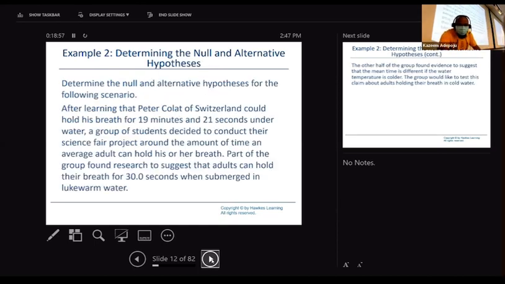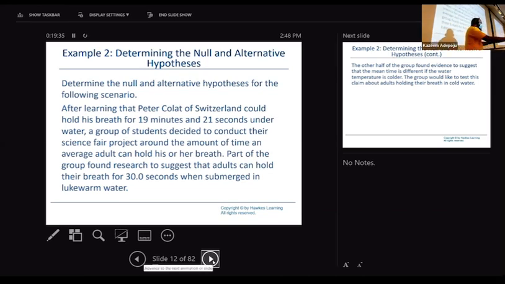Okay, now I'm going to go into another example. We are still determining the null and the alternative. After learning that Peter Colat of Switzerland could hold his breath for 19 minutes and 21 seconds underwater, a group of students decided to conduct their science fair project around the amount of time an average adult can hold his or her breath. Part of the group found research to suggest that adults can hold their breath for 30 seconds when submerged in